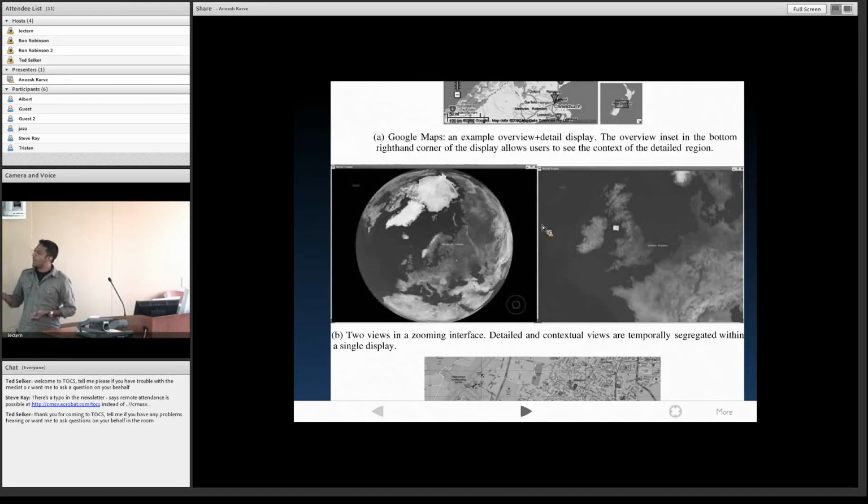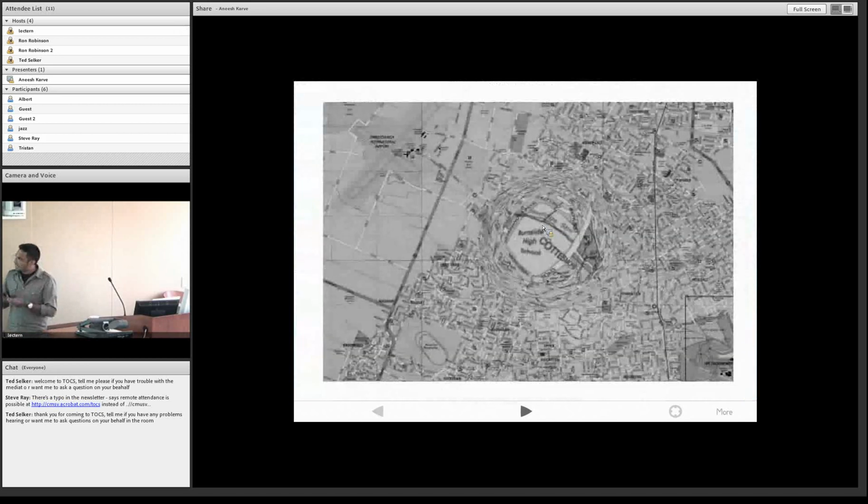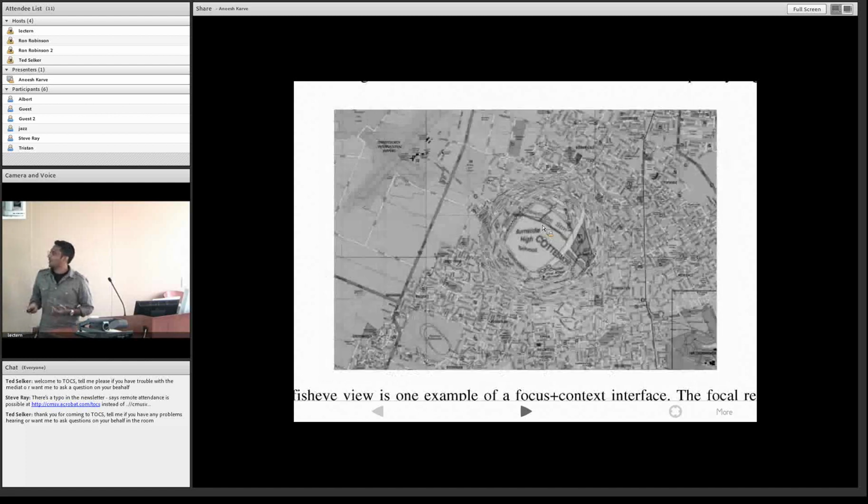Very clear. And then we have something which tries to be co-spatial and co-temporal, and at the same time to display the detail in its broader context, to display the focus and minimize the seams between the focus and the context. And this is an example of a fisheye lens, which is a focus plus context technique. Any questions or comments so far? All making sense? Cool. Okay.